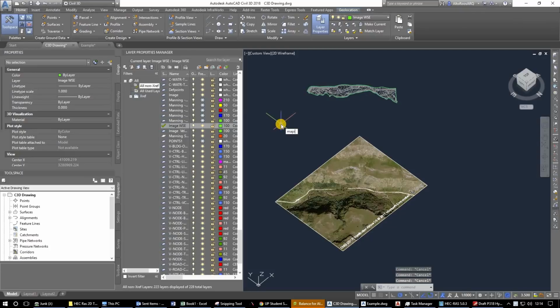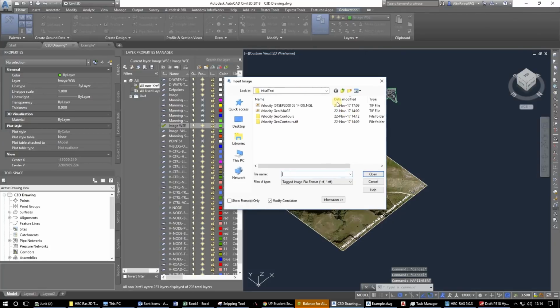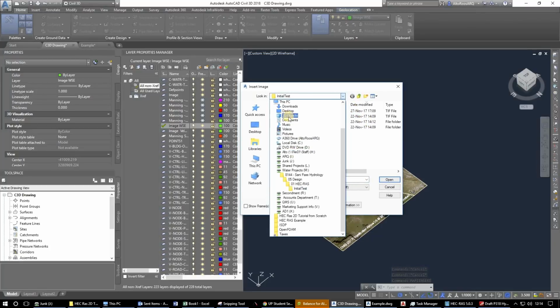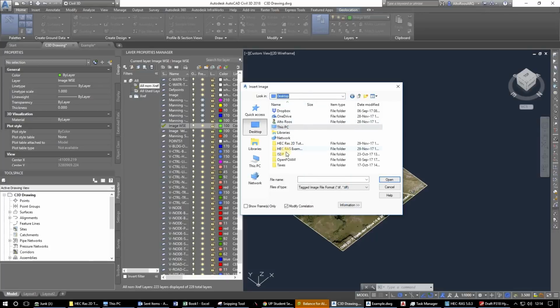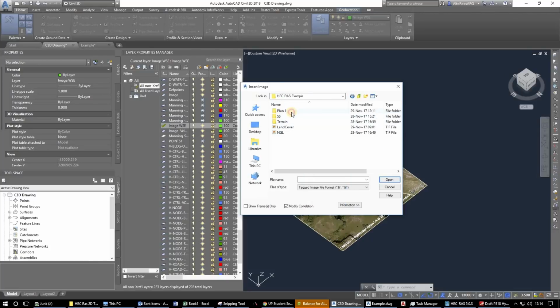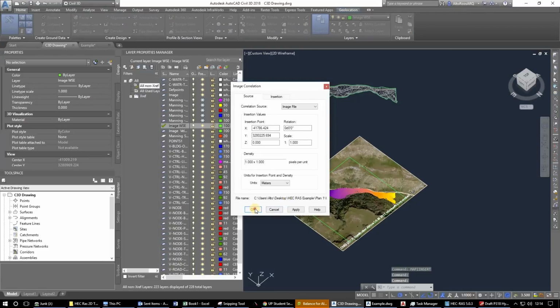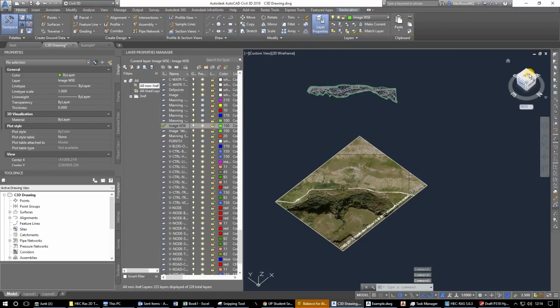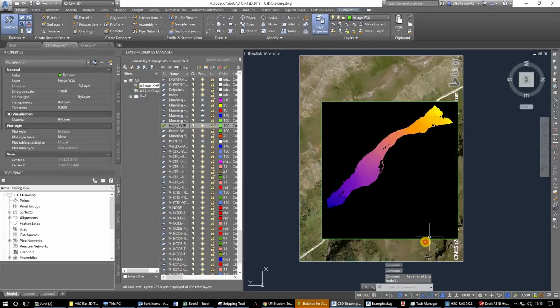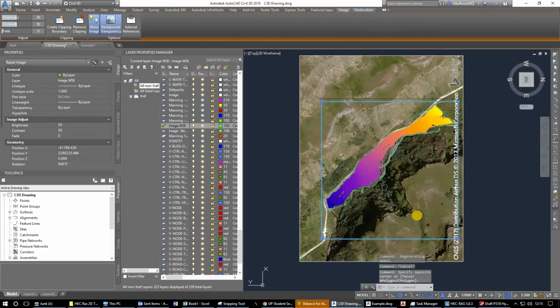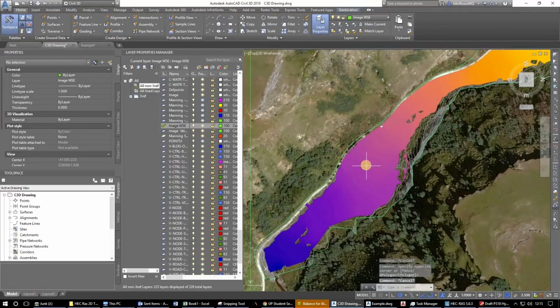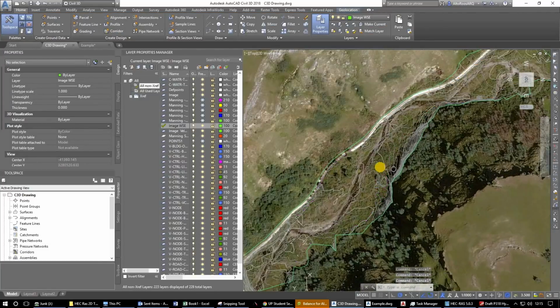So that would be Map Insert. Map double I, insert command. We would like to import from the correct location first of all. Desktop, example, plan 1. Then we would like the water surface elevation. So that's the water surface elevation image. Imported it right there. We said okay. Why is it gone? There it is. Then we can turn the background transparency on and off, and there we've got the water surface elevation color graded